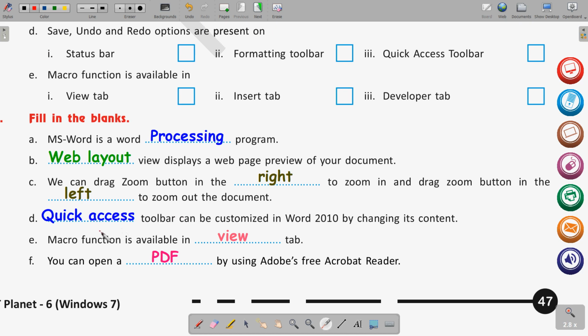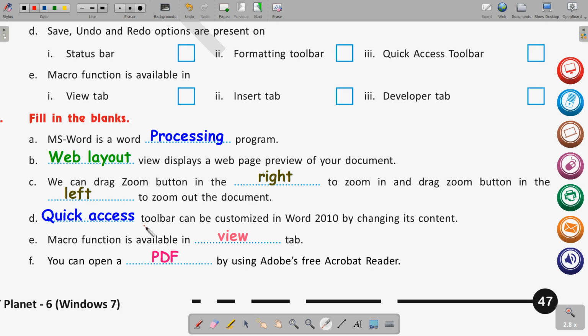Now question number D. Blank toolbar can be customized in the Word 2010 by changing its content. So which toolbar can be customized? Quick access toolbar. We have seen also that quick access toolbar we have customized. We have added more buttons in the quick access toolbar.